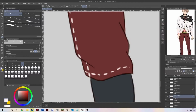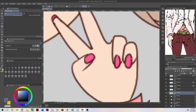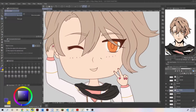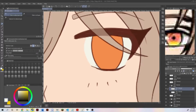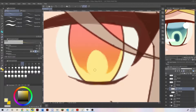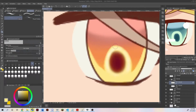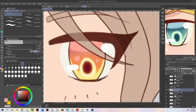And then when I came to Belphie, I just copied Beel's eyes over and moved them over to Belphie's character. And then there was quite a bit more transforming that had to be done to make the color fit for Belphie's eyes. But in the end, I think that Belphie's eyes actually ended up looking a bit better than Beel's. I feel like Beel's pupils are slightly off, so he looks slightly derpy if you pay close attention to it. That might also have to do with the fact that he's drooling because he's thinking about hamburgers, but anyways,